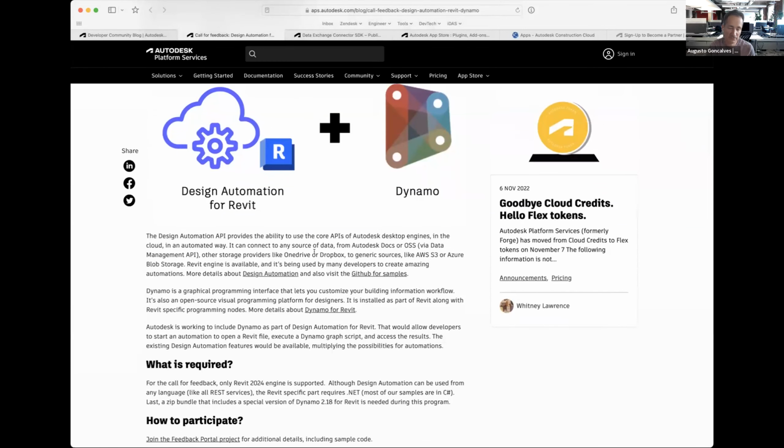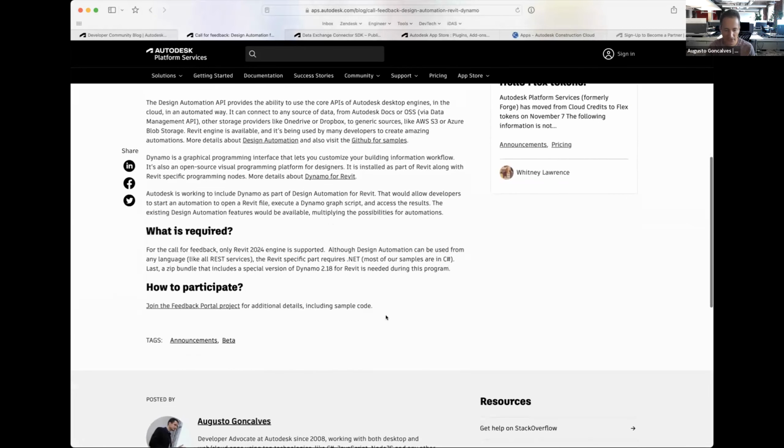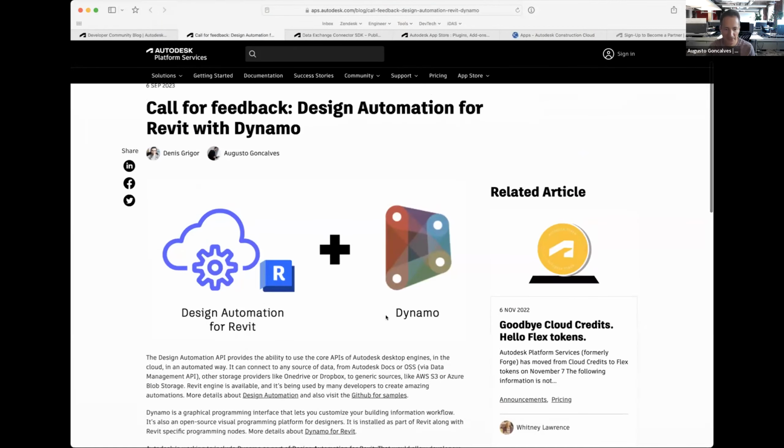It's almost like running the Dynamo engine in the cloud, but on top of Revit. You load Revit, load Dynamo, load your script, execute, and it's quite interesting. If you are curious about it, there is a call for feedback that includes the executables, so you can run it on your end and see the results.